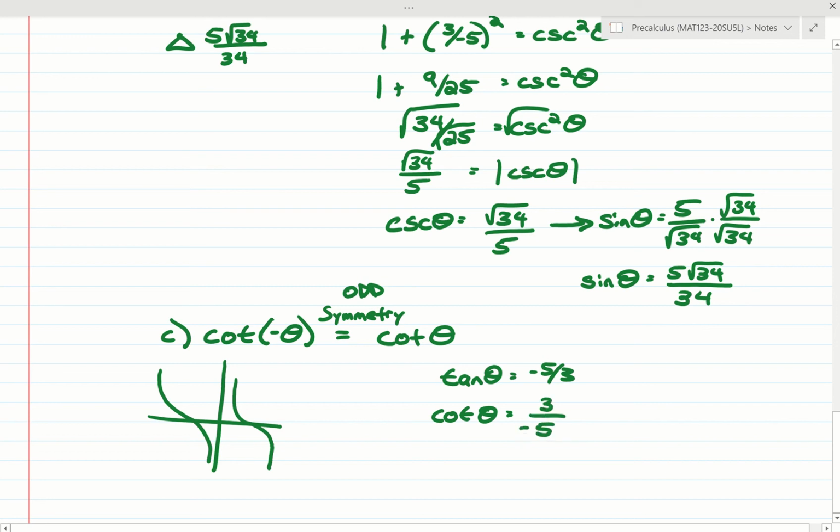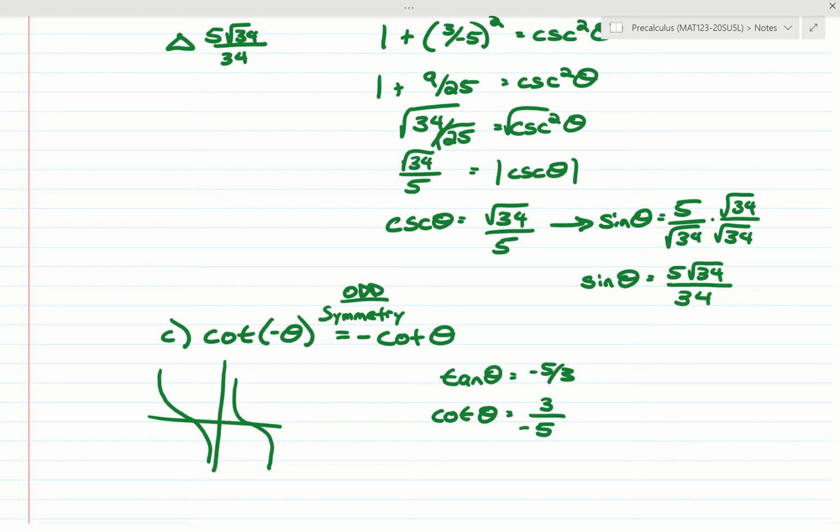Right? That would be the cotangent of theta, and that's what our answer would be if it was even, right? So because it's odd,